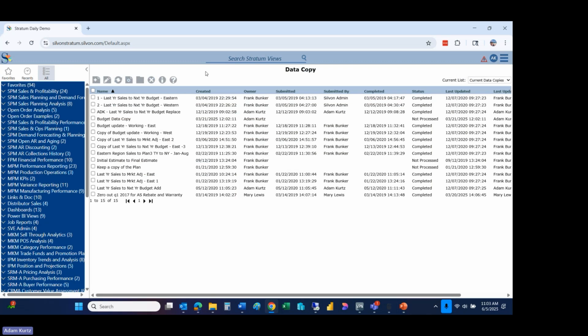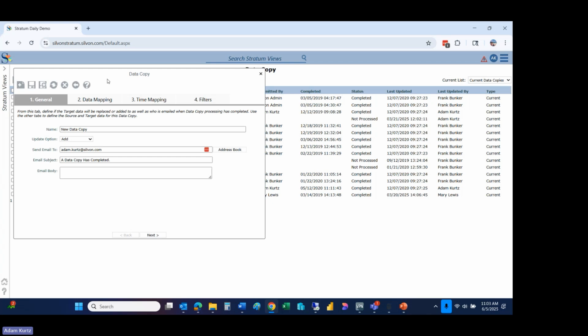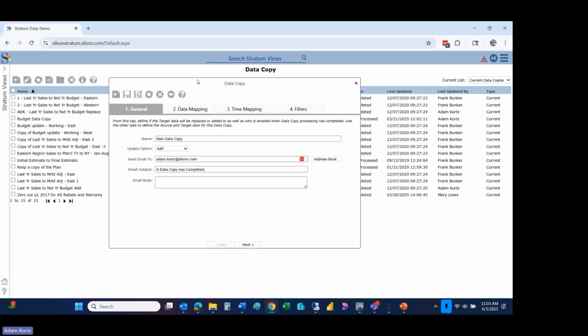So when I go into that menu, as you can see, it takes me into the data copy menu. I can probably just minimize my left frame menu there. And we can see that we've run some jobs before. So it shows me all the jobs that have been kicked off before. And we can go in and create a new data copy job as needed by selecting the new button here on the file menu. By clicking on new, it brings up the data copy menu, and that allows me to